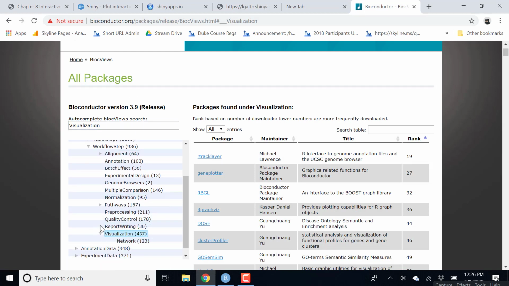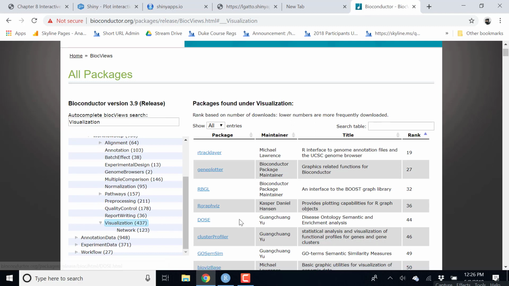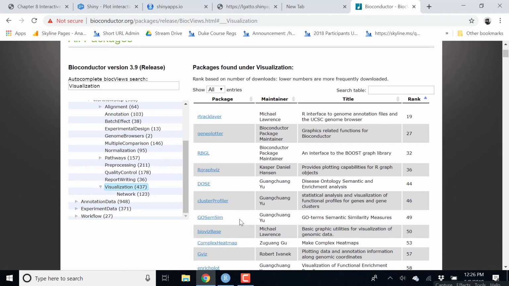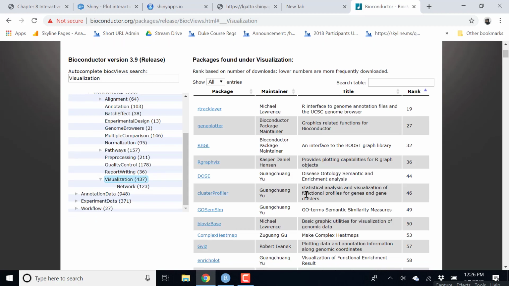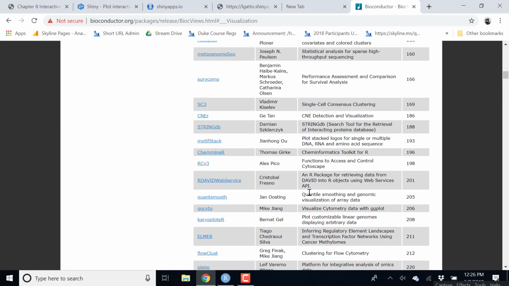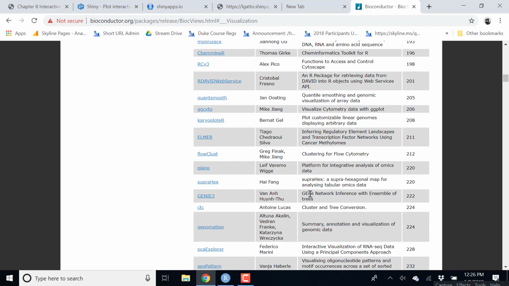In Bioconductor, there are 437 packages that have this tag visualization. So for example, if you want to plot networks, there is a piece of software called GraphViz that allows you to plot networks. And there is an R interface, so GraphViz can be used to render these graphs from R. And so here we are, tons of packages that are dedicated to